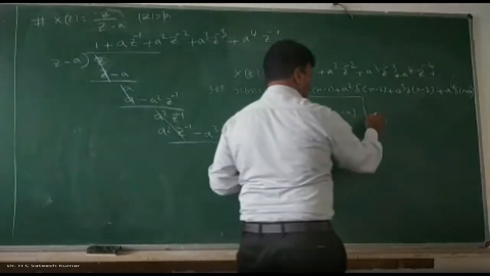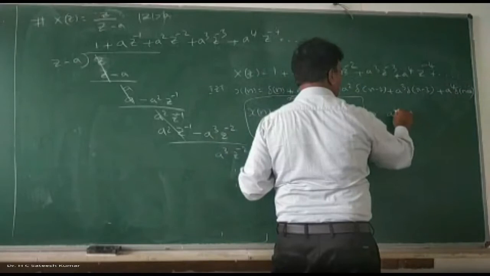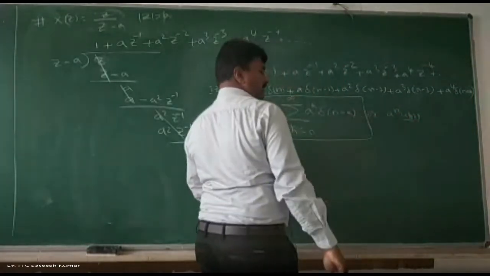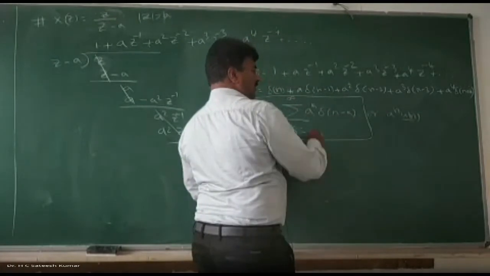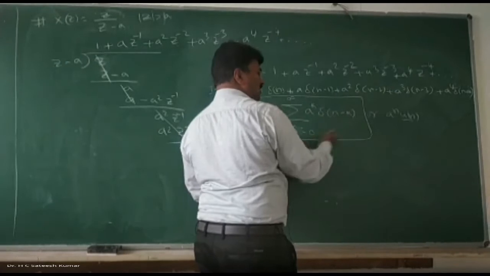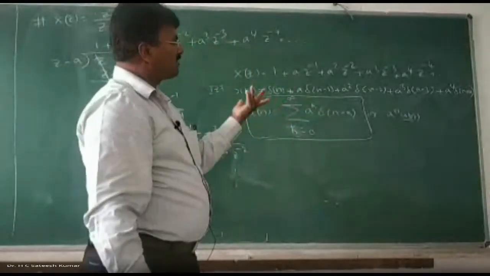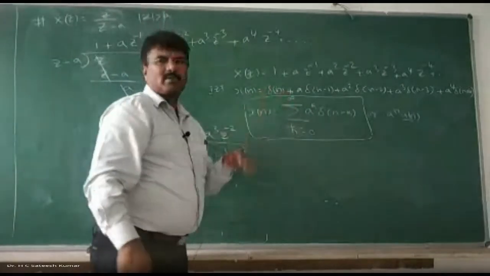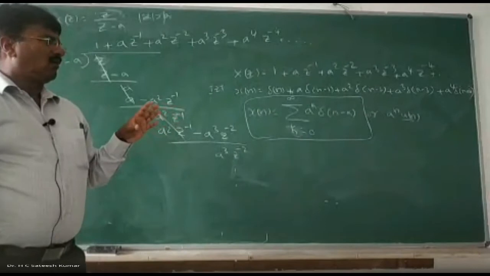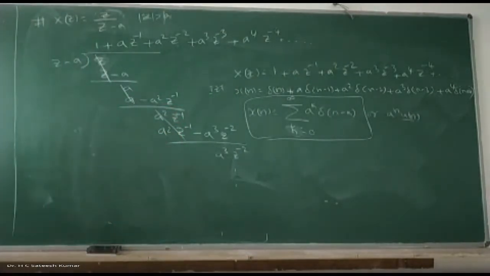And actually, we have a standard relation. If possible, you can write it. This is nothing but equal to a power n into u of n. U of n indicates 0 to infinity. A power n is equal to 0, a power 0. N is equal to 1, a power 1. You will get that, a power n into u of n. Since we know that it is a standard relation, we can write it; otherwise, it's not possible. Write it in this format, right? That's how we should do the problems on long division method. Now we shall see some of the examination questions, how to solve it.